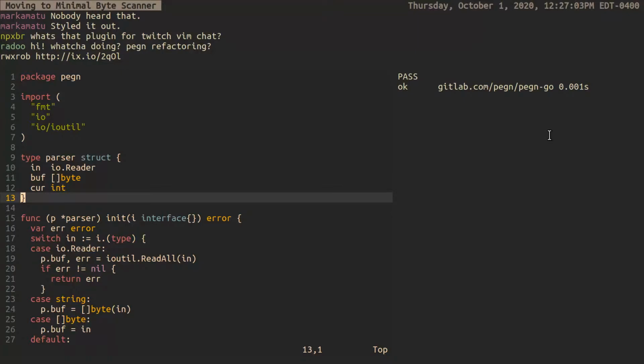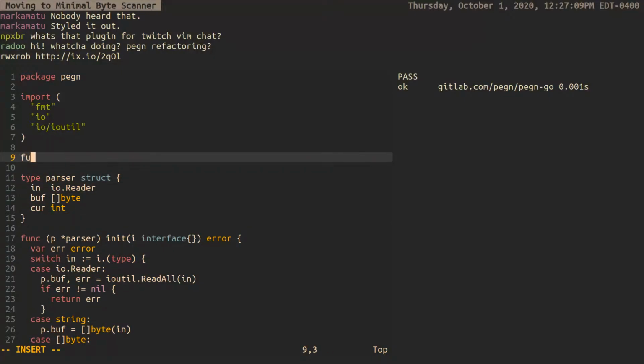As long as we keep pushing forward. So what I'm trying to talk about here is we're going to need a function type. The function type here is going to be, I'm going to call it just a parse function. We already have a parser, so